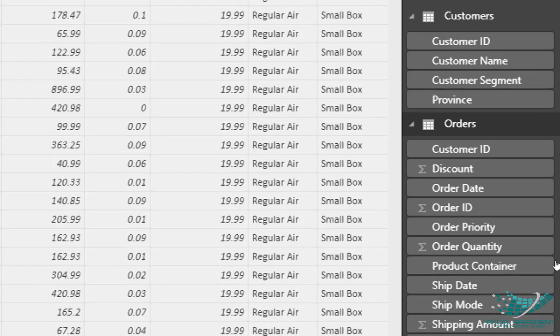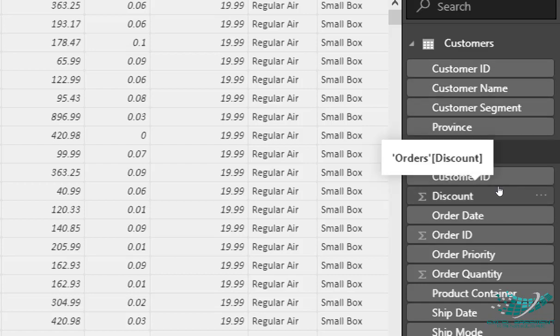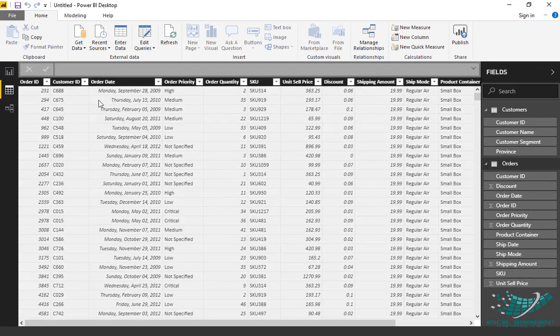In the orders table, the real-time transactions occur, and we don't have the customer name here. On the backend, we have created the relationship between the tables through the customer ID, and now we want to fetch the customer name into the orders table with the help of the RELATED DAX. So how can it be done?